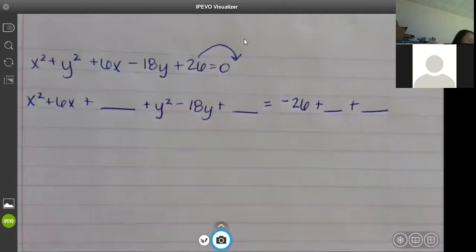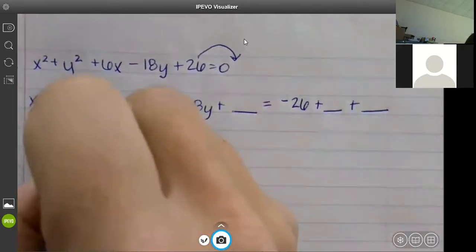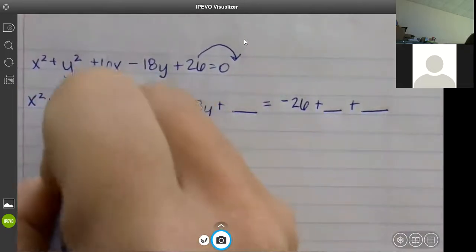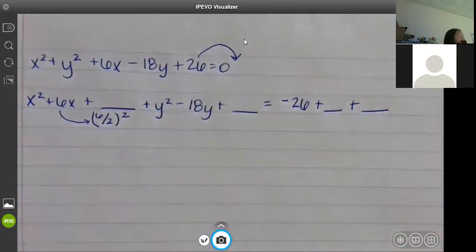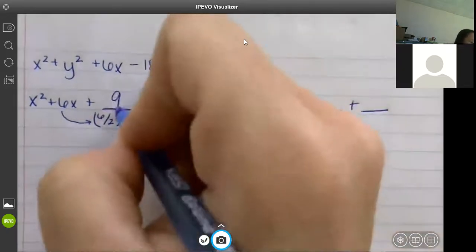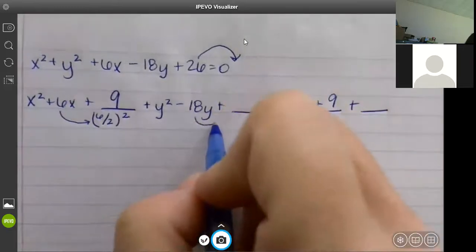So to fill in those blanks, you take this middle number, divide it by 2, and square it. What is 6 divided by 2 squared? What I do to one side, I have to do to the other. You're going to do the same thing on the other one. To get this number,